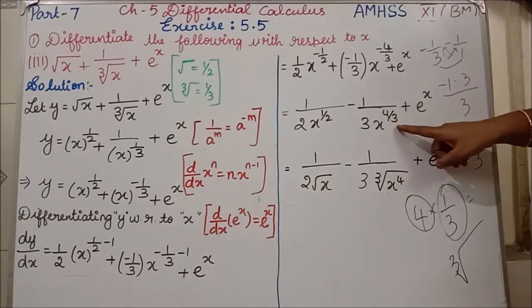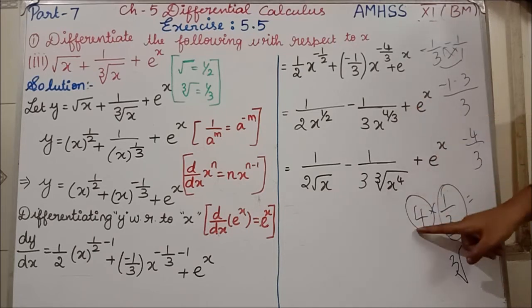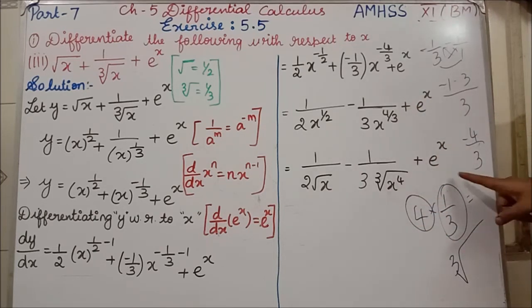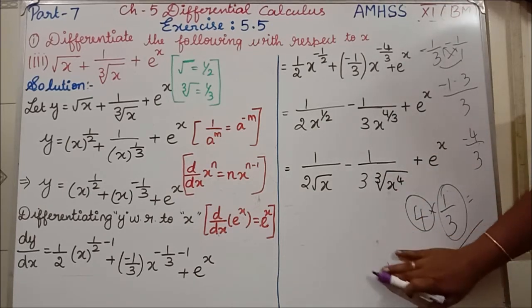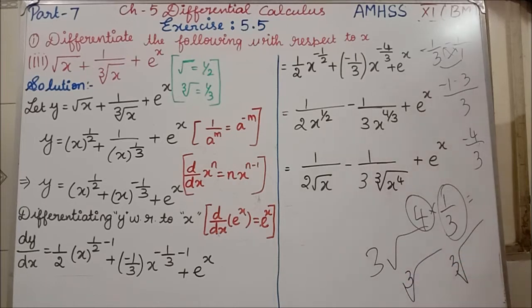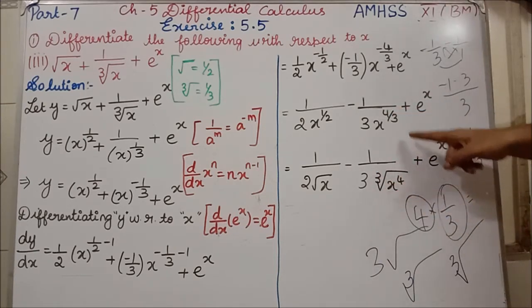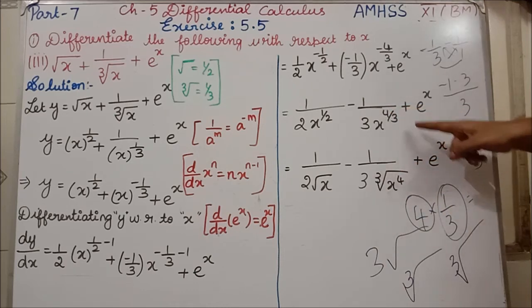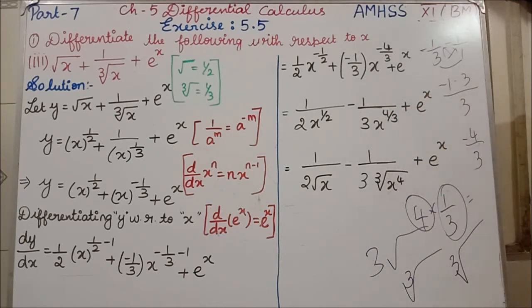Here 4 by 3 we are having, no. So how can we write 4 by 3? 4 into 1 by 3 we can write, isn't it? So 1 by 3 means cube root. See all of you, you should not put the 3 like this inside the square root. In this place you have to write the 3. Clear? So 1 by 3 went outside, so it has become a cube root. Now remaining is what? Power 4. So plus e power x. Clear all of you how we got the answer for the third subdivision? Next we will see the next subdivision.